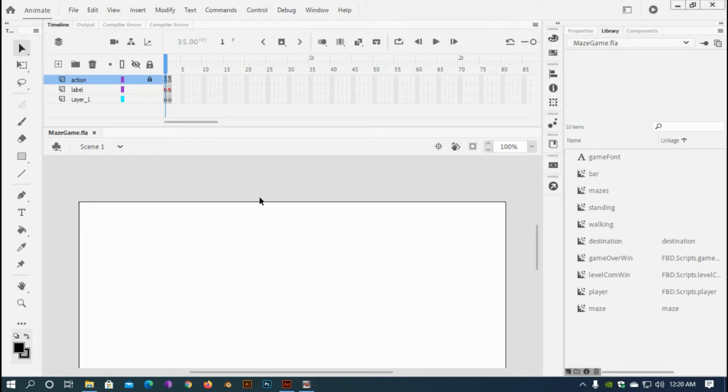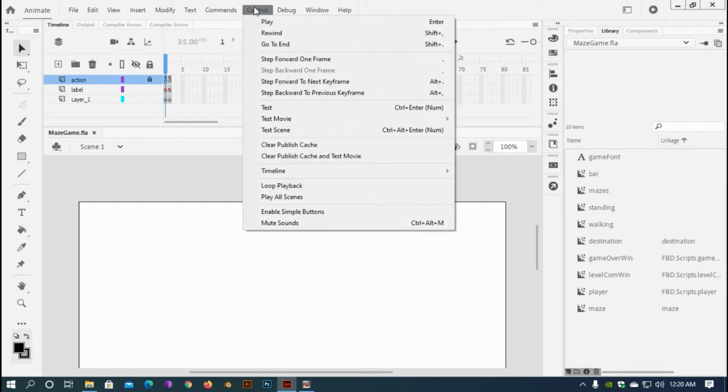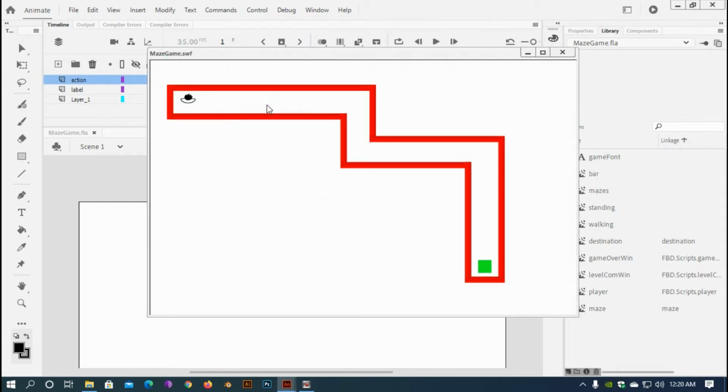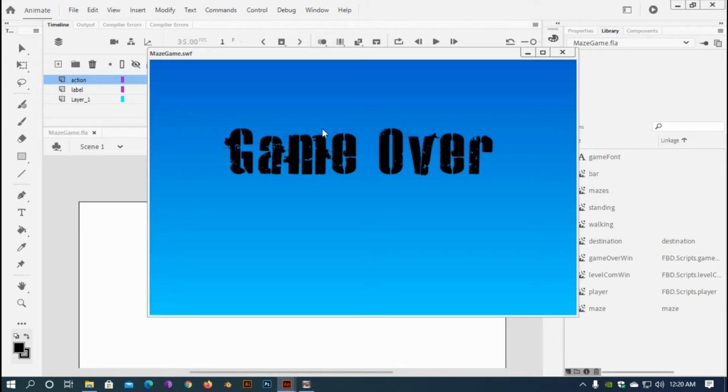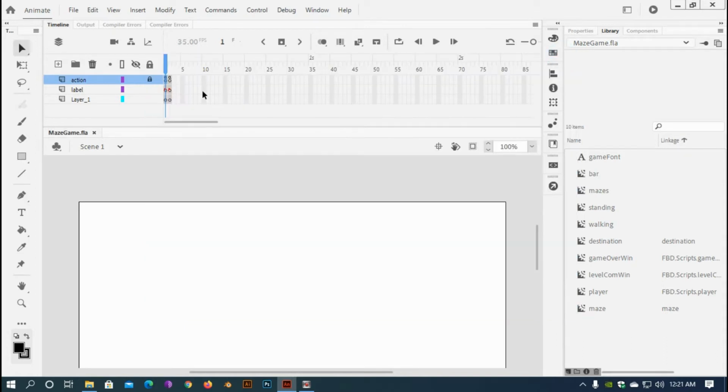Maze game using ActionScript 3. So last time I told you that I made some changes, and when the game starts and the player hits the maze, and when game over, it's not showing me the point. Today I'm going to do it. I'm going to show the point here when the game is over. Okay, so here